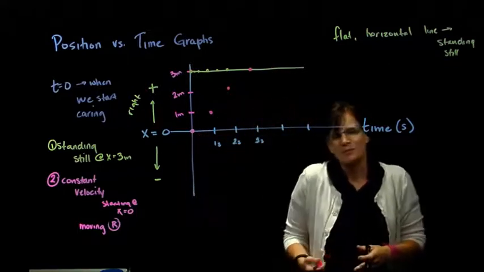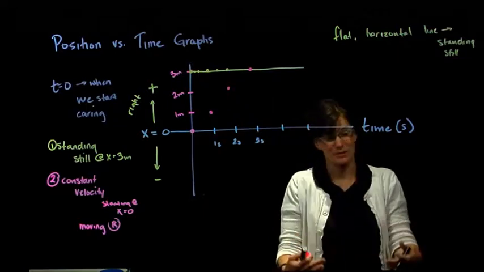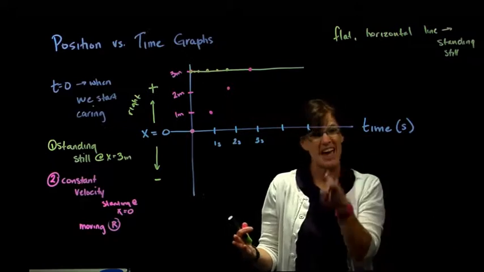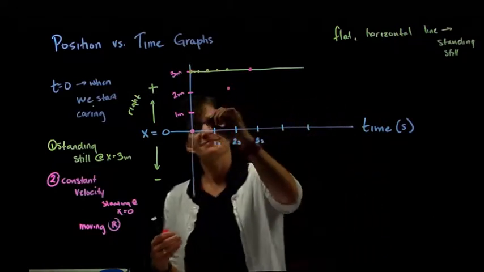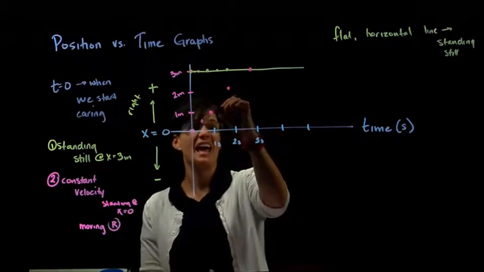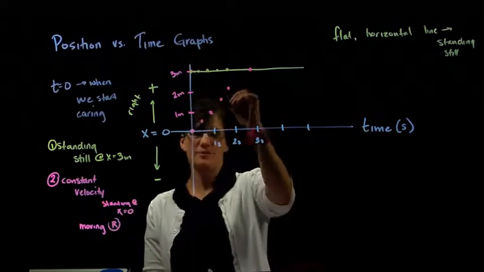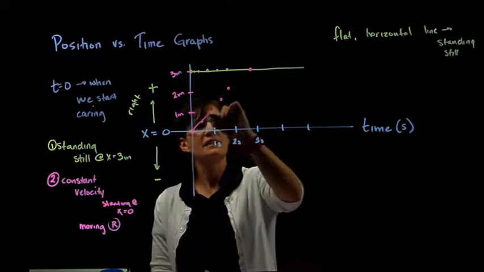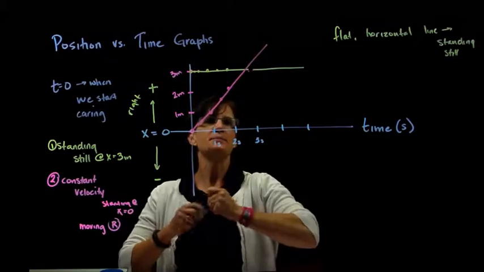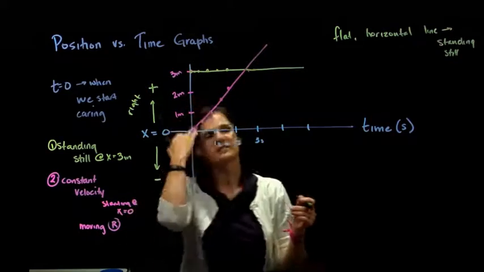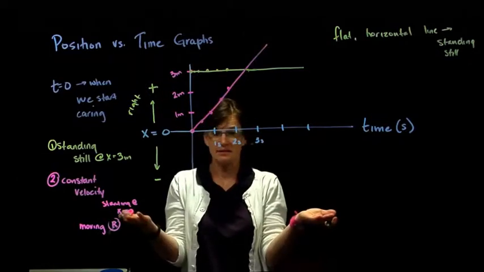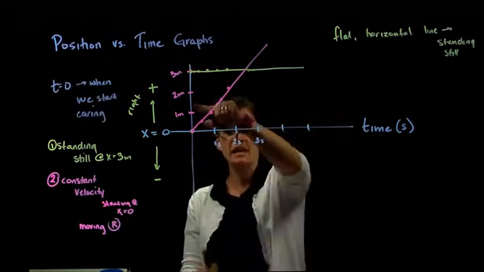Now what about a half a second? If I'm moving at a constant rate, then if I'm moving 1 meter in 1 second, I'm moving a half a meter in a half a second. And after this half a second, I've moved another half a meter. And after this half a second, I've moved another half a meter. And we can see that a constant velocity, I'm not very good at my graphs today, a constant velocity is moving at a constant rate, that's what it means, the same positional change for every change